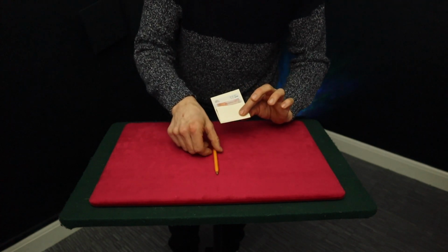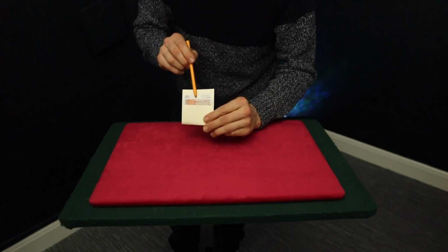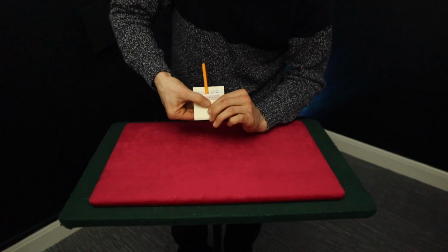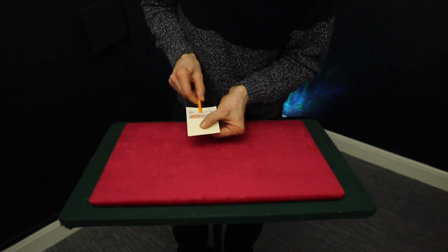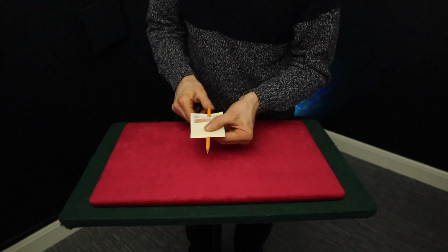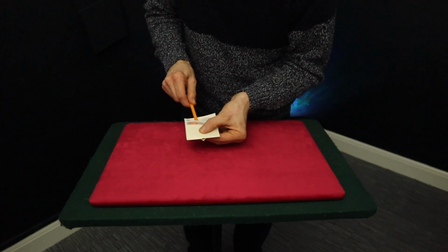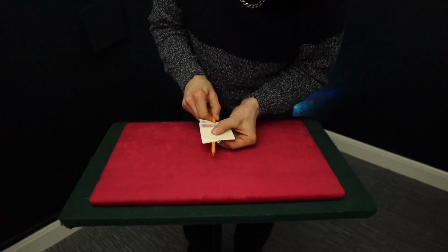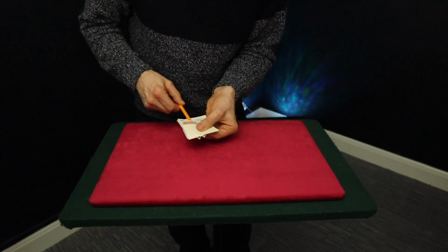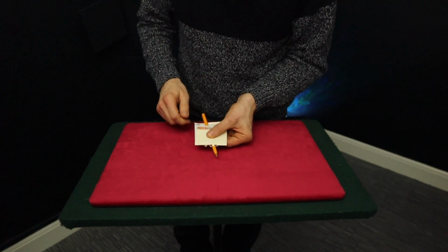All I'm going to do is take this pen, and if I poke it through this bit, not so magical. That bit, not so magical. But if I take this pen and poke it through there, watch, this is the hard part. I just push it through the note, and you can see that is definitely through there. I'll do it again. There. The spectator can see that this is actually being passed through, and one last time through there, the spectator